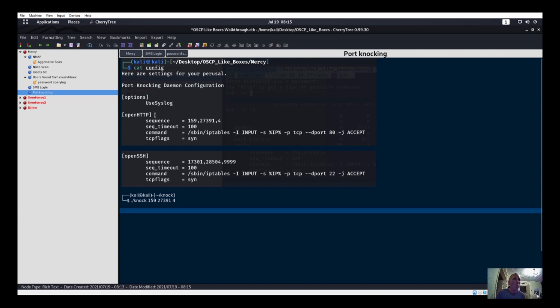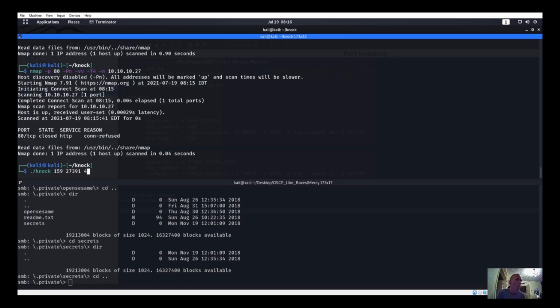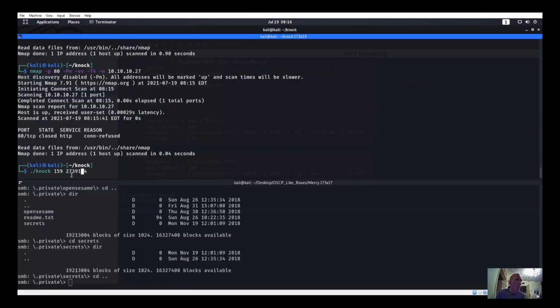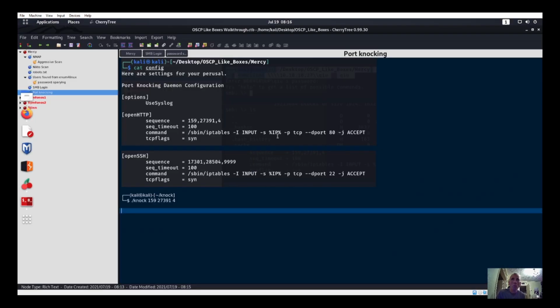Here are the steps in open HTTP: 159, 27391, and 4. That's what I just did, right? 159, 27391. Make sure that's correct. 27391 and 4. Okay, let's try to do the other one. Knock on 17301. So we'll do